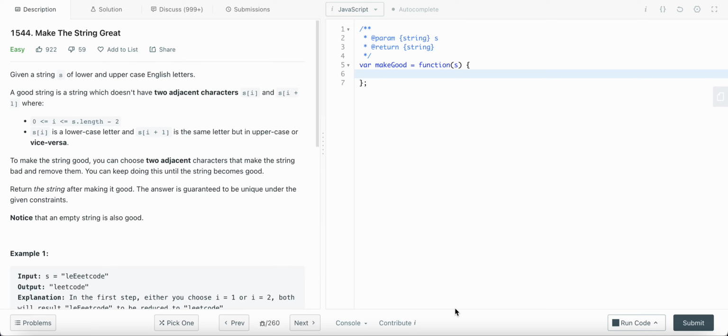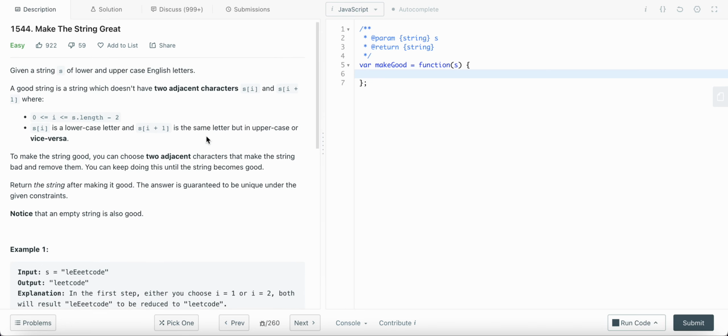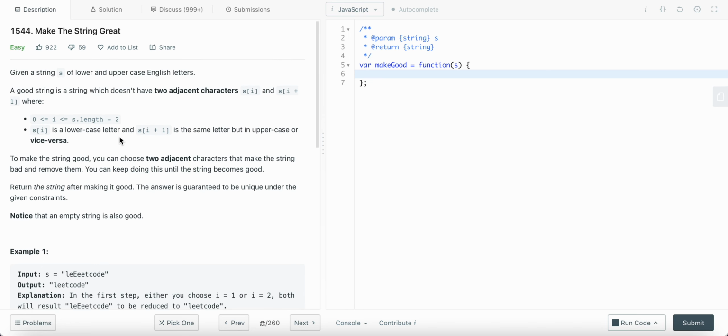Hello friends, today I'm going to solve LeetCode problem number 1544, make the string great. So we are given a string. It consists of lowercase and uppercase English letters, and we need to find two characters such that one of them is a lowercase character and the other one is an uppercase character. And if such characters exist, we find them and then remove those two characters from the string to make